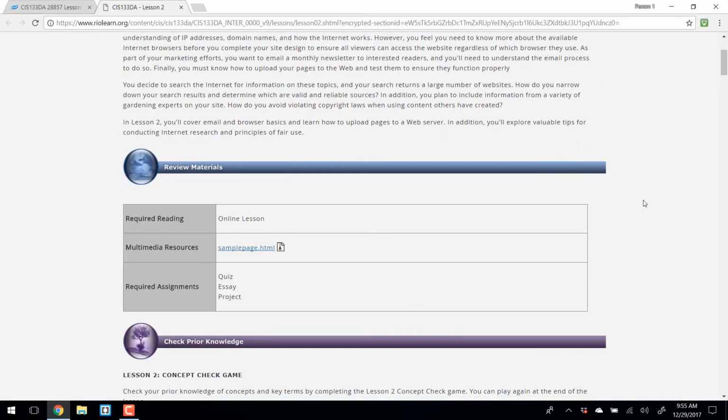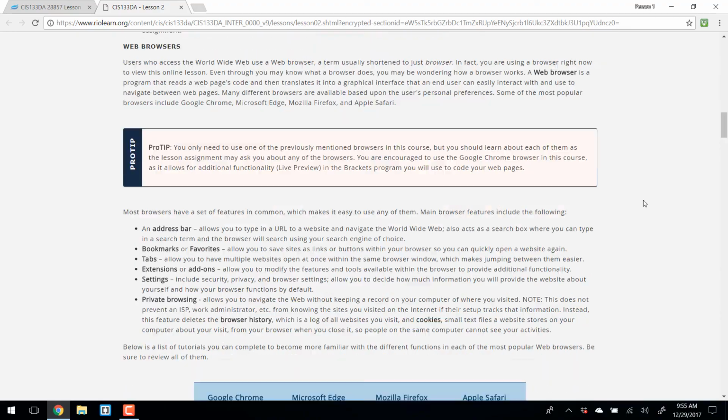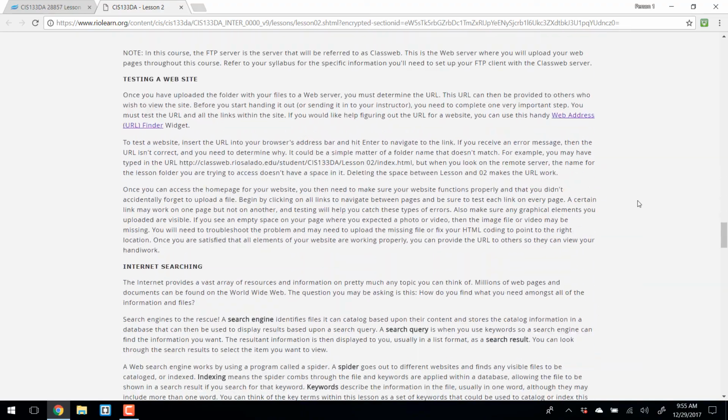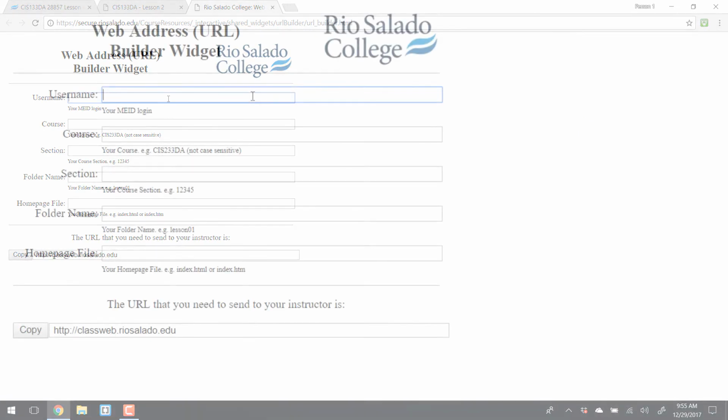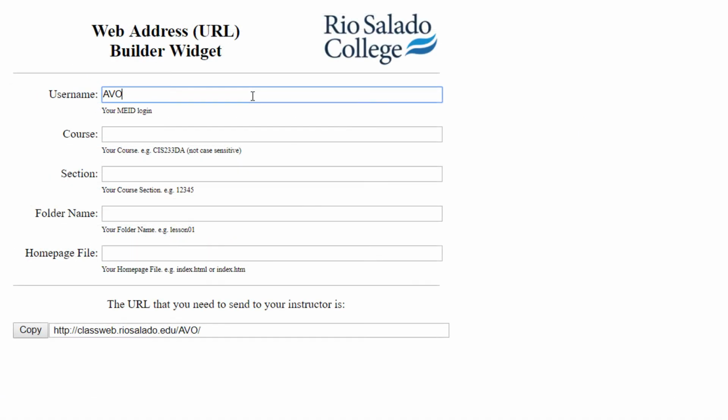Once you open the lesson page, you want to scroll down to Testing a Website, and then you want to click on the link for Web Address URL Finder. This page will help you find your URL. First, you want to insert your username, which is your MEID, then your course, CIS 133DA, your section number, which is the 5-digit number usually stated right after CIS 133DA within your course information, your folder name, which is Lesson2